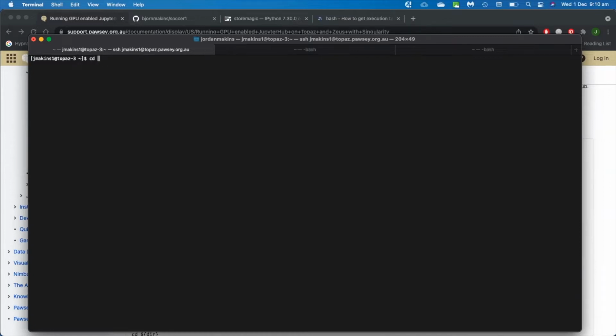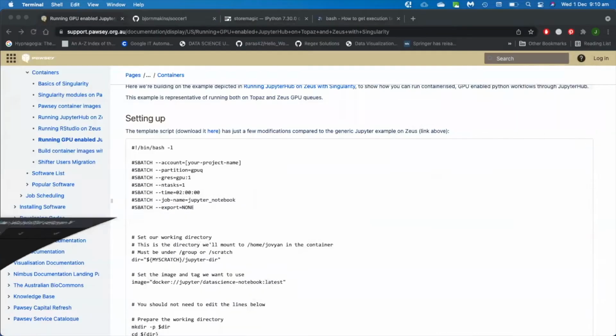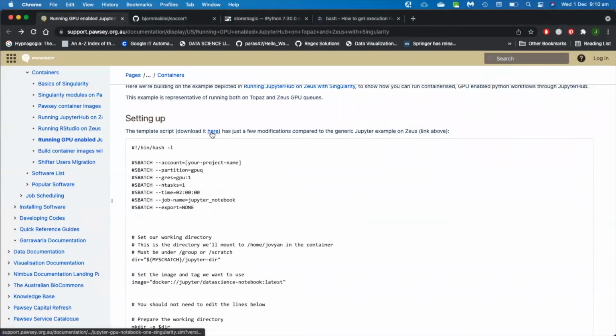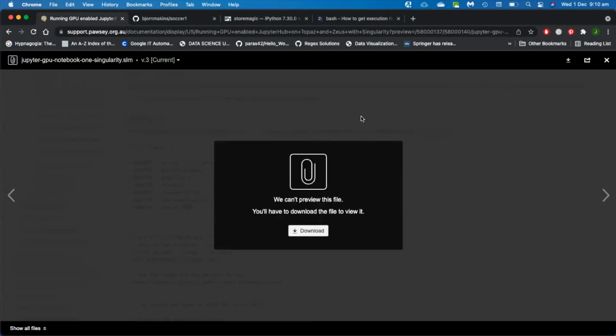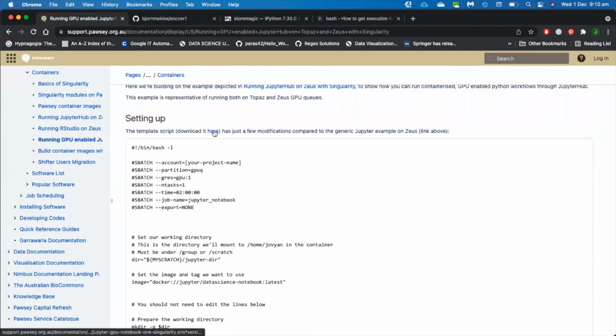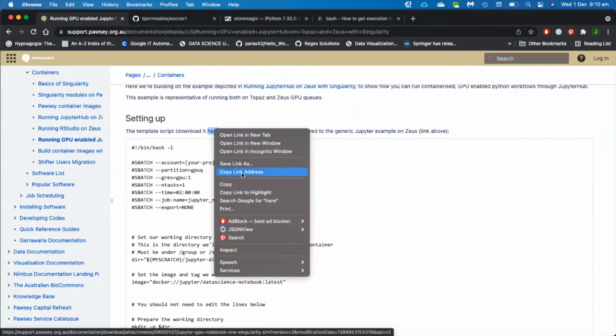And then I'm going to cd into my group. And from my group, I am going to download from this link. So I'm going to right-click, copy link address,